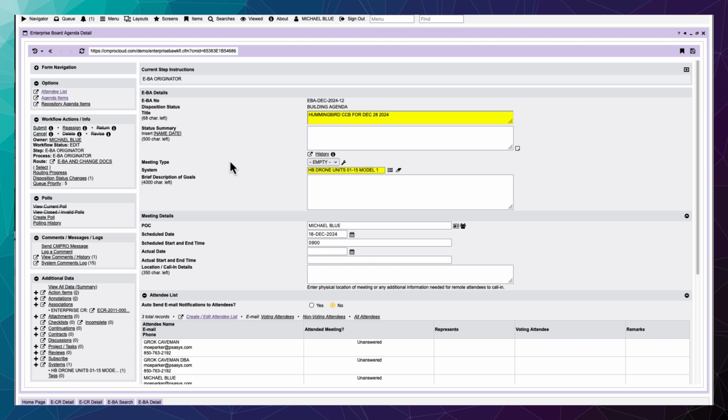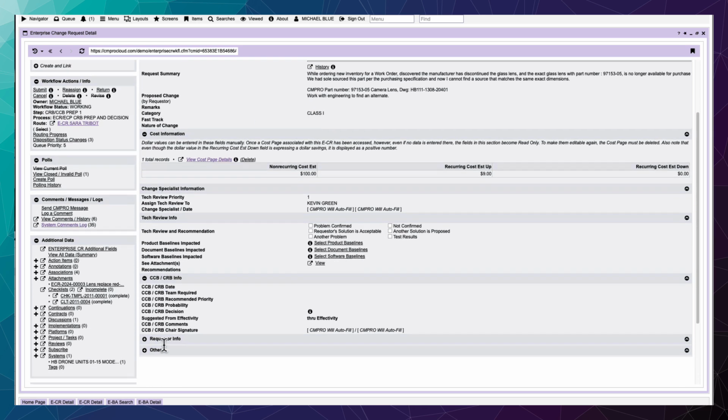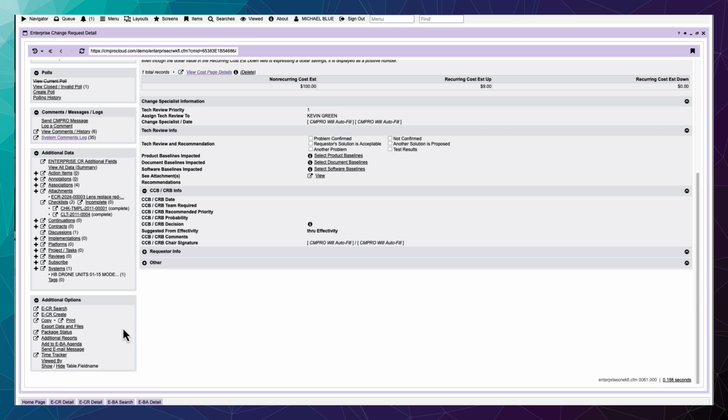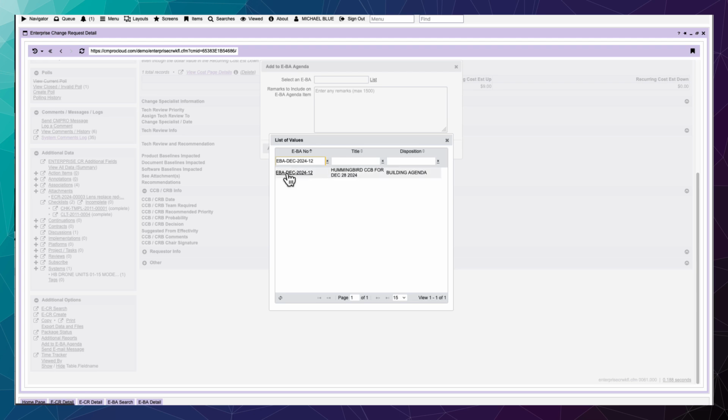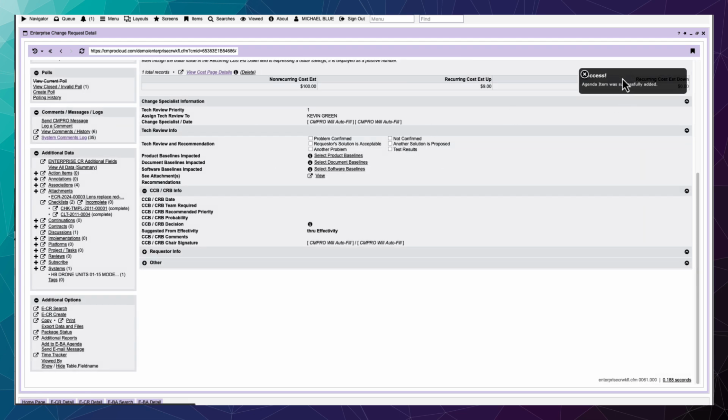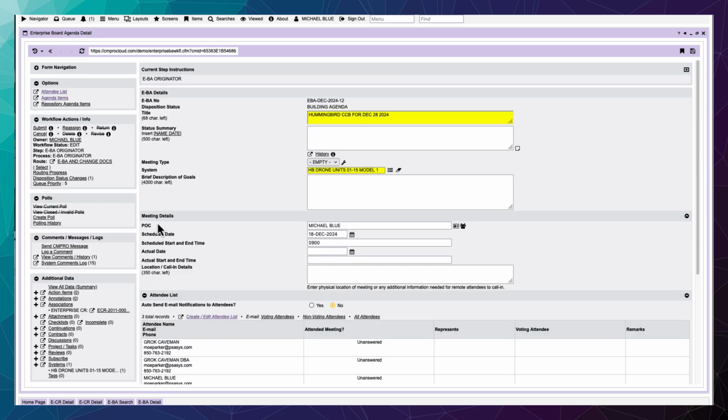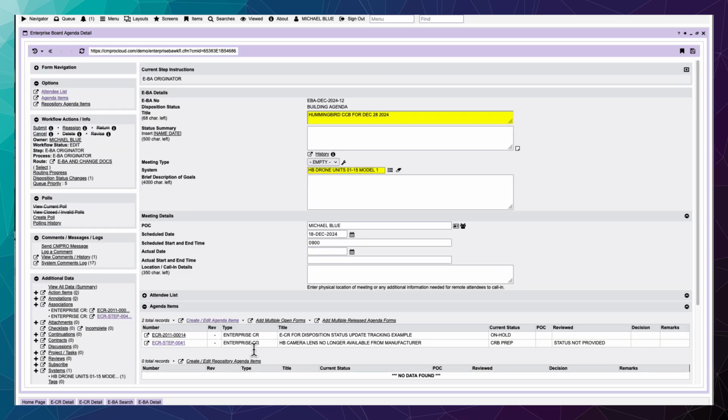And then whenever a change request hits that workflow step, they can go and look at what board agenda they want to meet. At this point, I could go back to that ECR, scroll down where there's a convenient link for adding this to a board agenda, pick the board agenda, and there it is. Add to board agenda tells us success. So if I go back to the detail of that EBA and refresh it, I should have 2 ECRs,